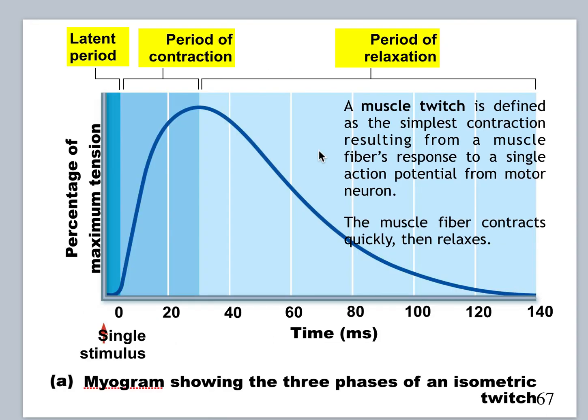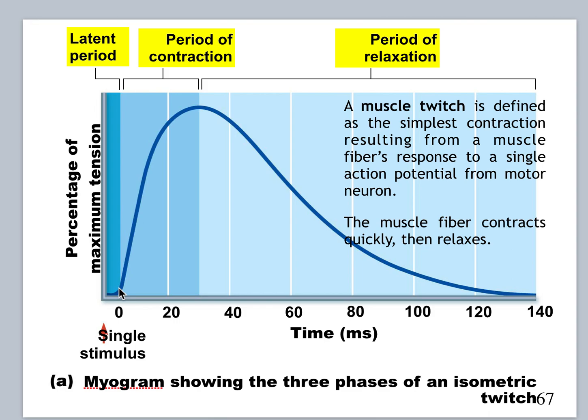Now let's look at a single twitch. A twitch is the simplest muscle contraction. It's basically the contraction of a single muscle fiber. So the stimulus is given to the muscle. It takes a few milliseconds before all the channels open up, and then once the voltage gated channels open up,